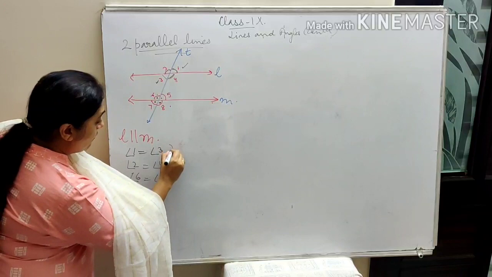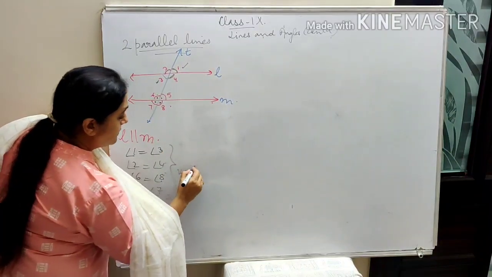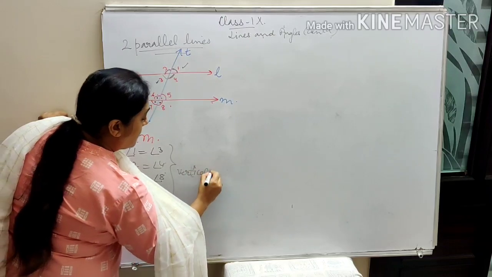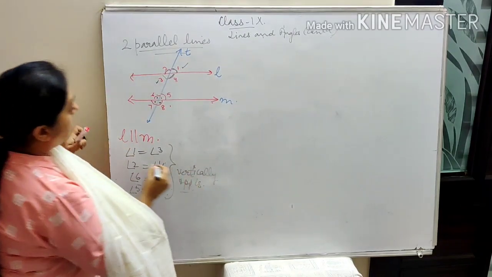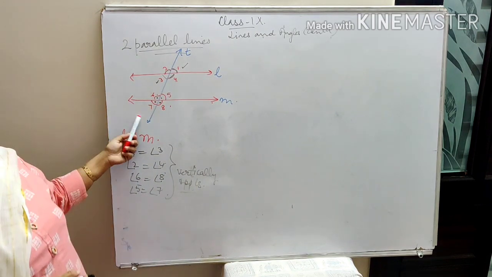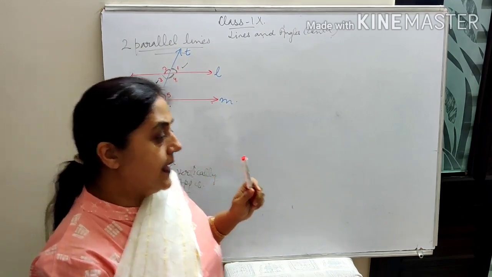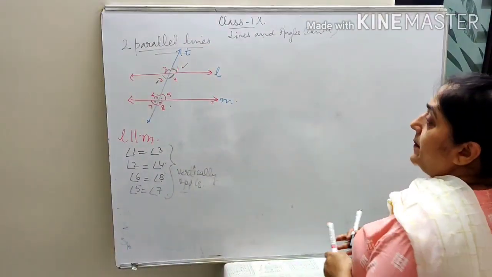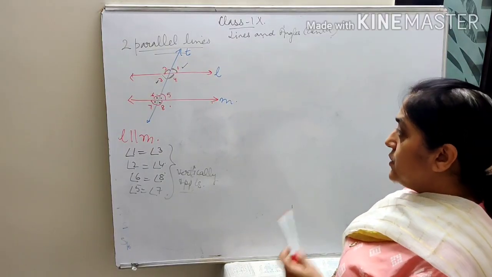These are 4 pair of vertically opposite angles. ठीक है? When the two lines are parallel and they are cut by a transversal, then their vertically opposite angles are equal. How many pair of vertically opposite angles we get? 4 pair. ठीक है? Let us talk about some other